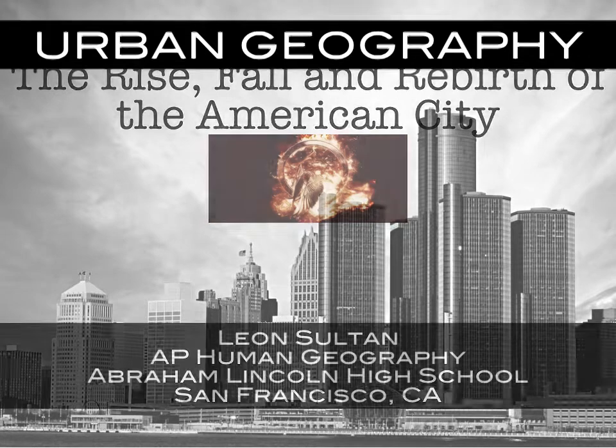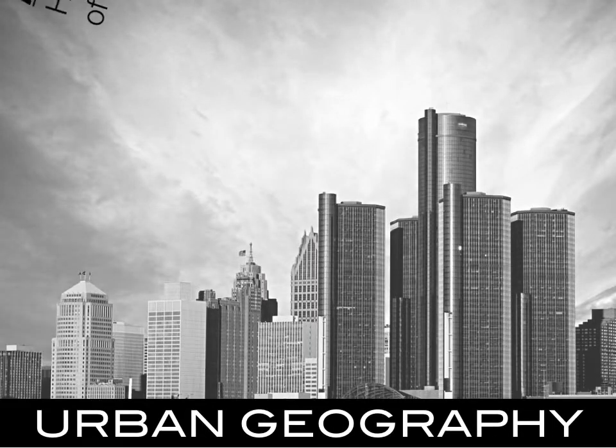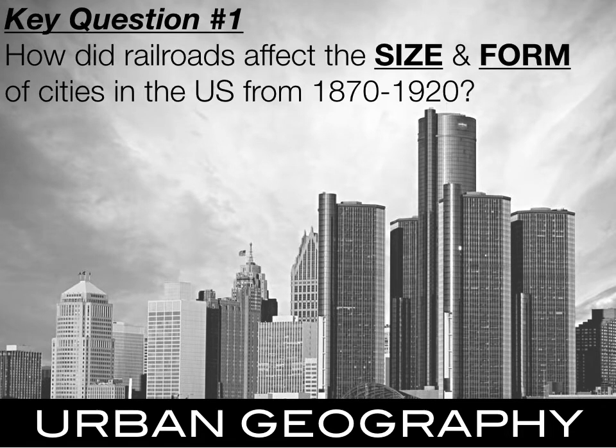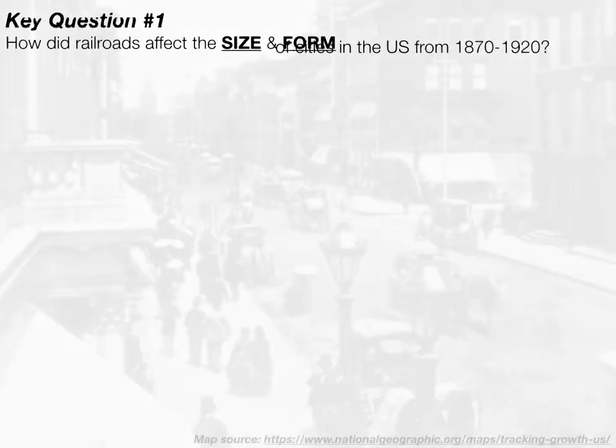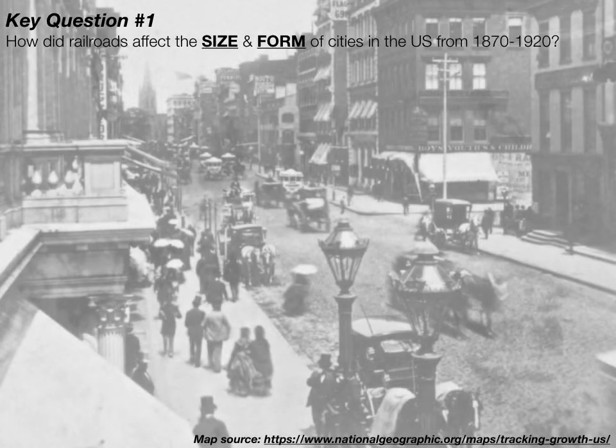We're going to go over 4 key questions, so let's get started. Key question number 1. How did railroads affect the size and form of cities in the United States between 1870 and 1920? So we're really going to look at the birth of the American city,